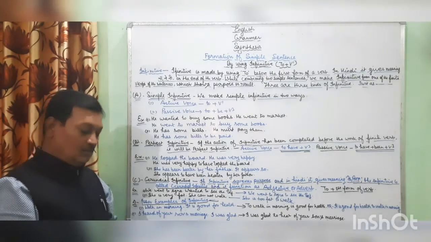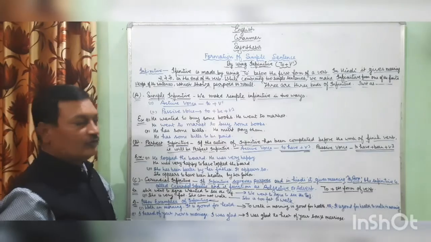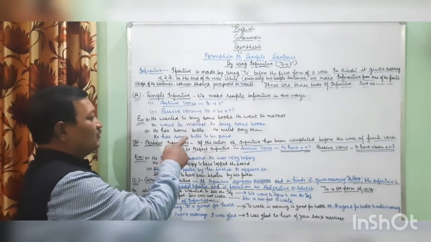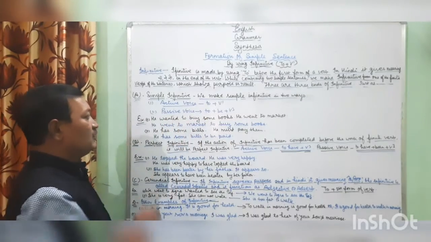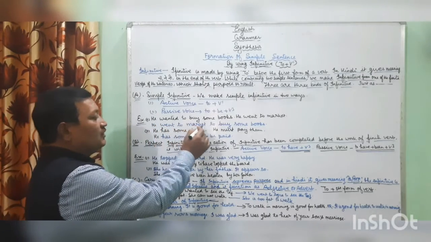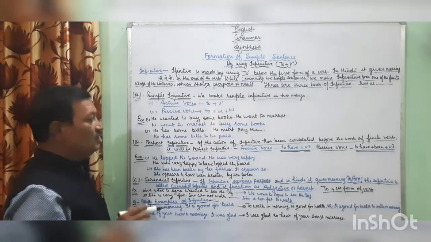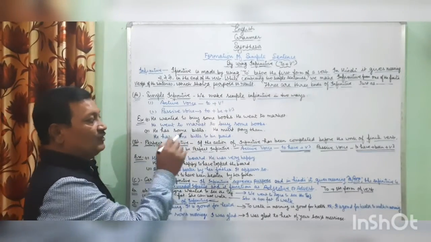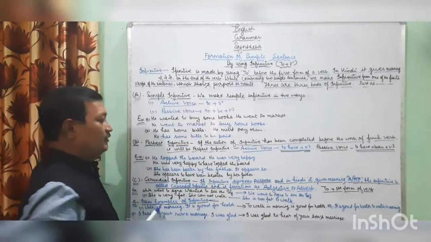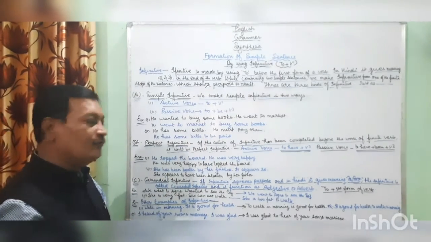Let's see examples. First example, he wanted to buy some books. He went to market. Students, as you can see here, there is a purpose behind going to market. Okay, let's combine. He went to market to buy some books. Let's see second example. He has some bills. He must pay them. He has some bills to be paid. Students, I have used here passive form: to plus be plus third form of the verb.